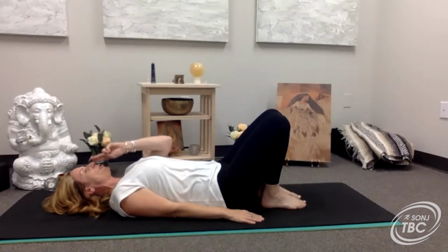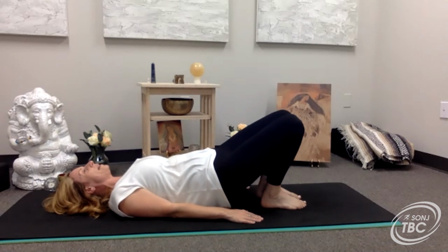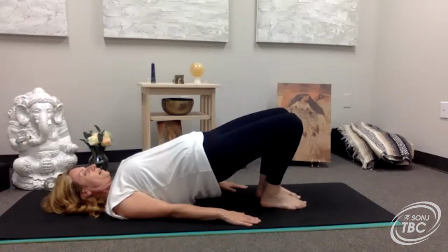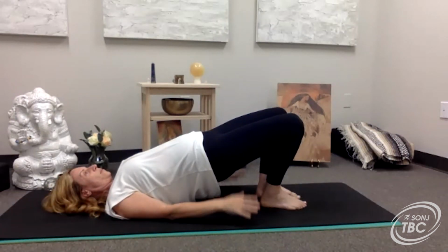So we are looking up, straight up at the ceiling. Make sure you don't turn your head in bridge. And then lift, lift, lift those hips coming up, making a human bridge out of your body. So palms are on the mat, lifting those hips high. Very good. And we're breathing. So now we have a big balloon in our belly. When we inhale,